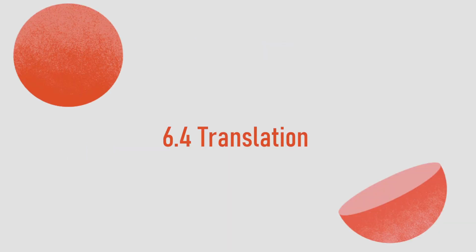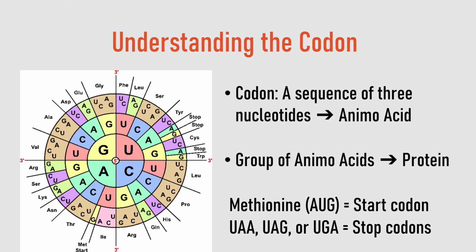Before we move on to translation, we must first explain the flow of information from gene to protein. Each set of 3 nucleotide bases in an mRNA forms a codon, which represents a specific amino acid out of 20 possible ones. The group of specific amino acids would ultimately make up a protein. Since all organisms use the same genetic code, we can use a codon chart to easily identify the type of